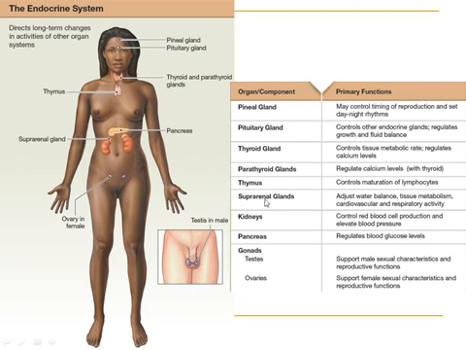The suprarenal gland or the adrenal gland adjusts the water level. It has a role in the tissue metabolism, and it also plays a role in the regulation of the cardiovascular and the respiratory activity. The kidney, though it filters the blood and forms the urine, also has endocrine functions. It can produce erythropoietin that helps in regulating red blood cell production, and also it helps in the regulation of